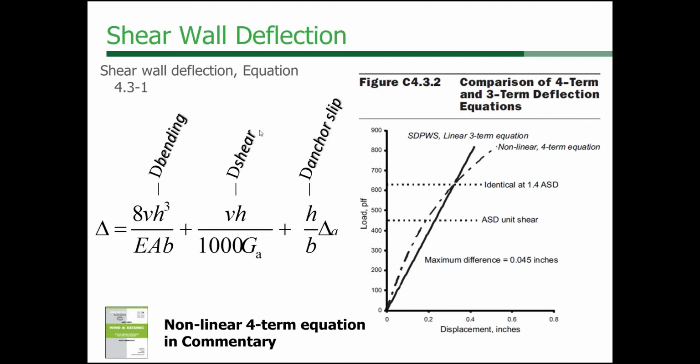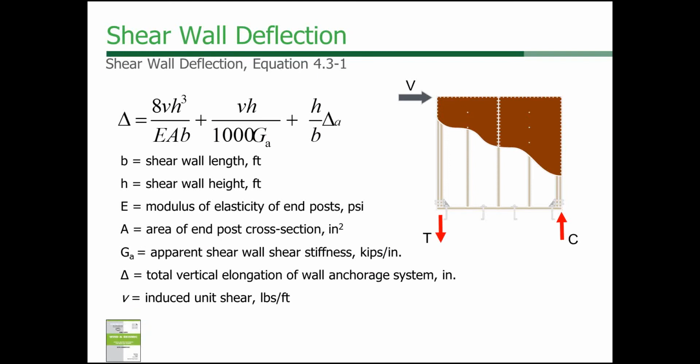The other thing to remember is that when there was the four-term equation, there were 11 variables, making it very difficult to do the calculations. It was iterative, and this simplifies the actual calculations that are performed to determine your wall deflection. So one thing I want to point out, real quickly, is that the three-term equation is very specific